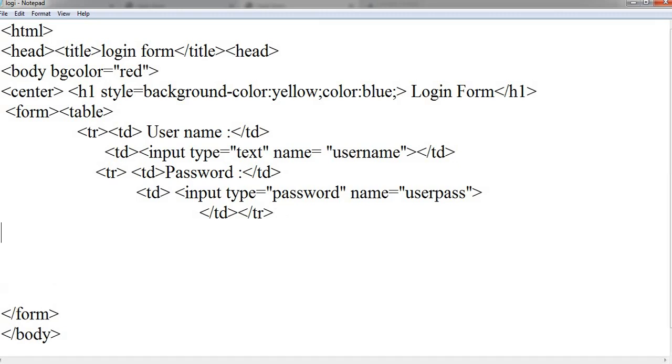The submit button is used for the purpose of sending the form data. Again the same syntax, we are going to use input type equal to submit, then again we have to give name equal to submit,